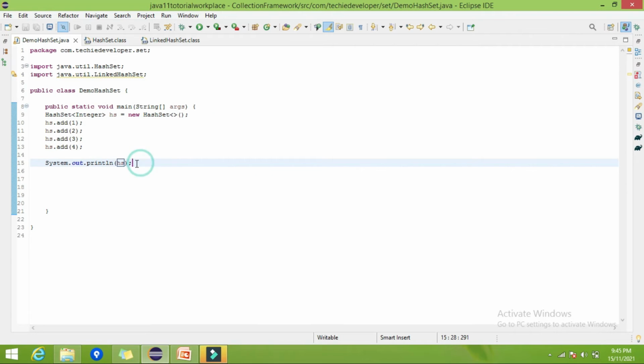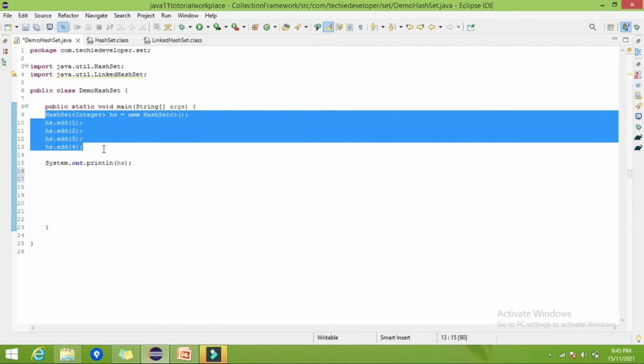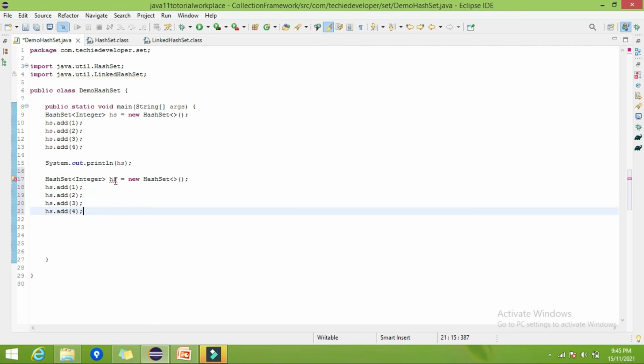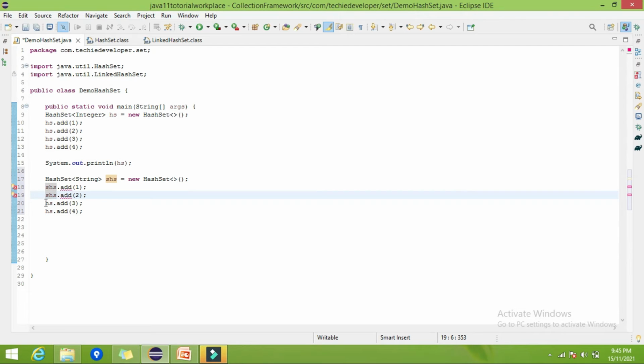Let me show you by using a string. So let me copy this. Let's give the name string hash set of type string. Let's try to add some random strings now.